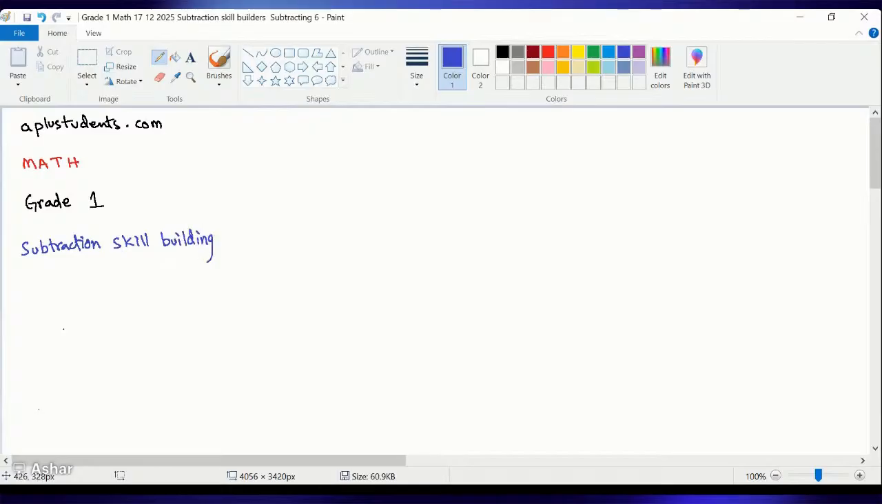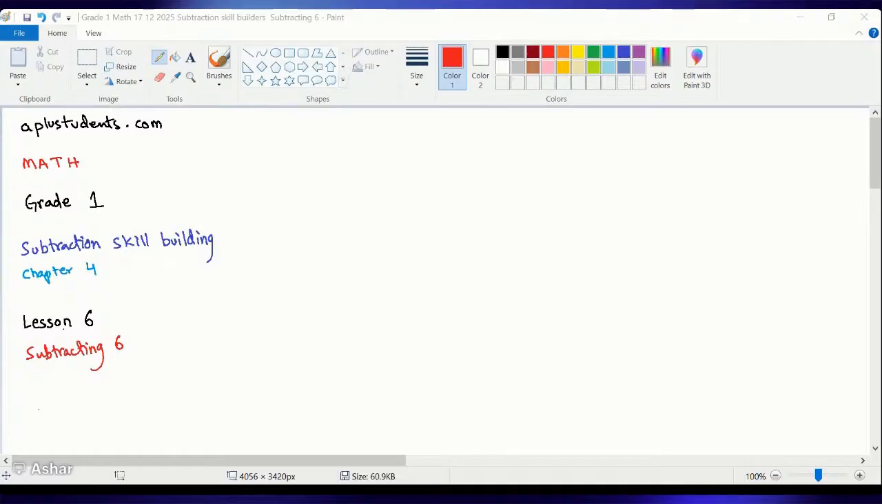Okay, that is chapter number 4. Once we are in chapter number 4, we click on the topic and we go to lesson number 6. The lesson number 6 is subtracting 6. Okay, so once we are into the lesson,